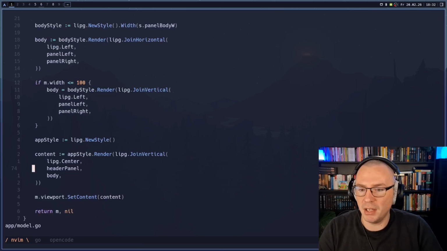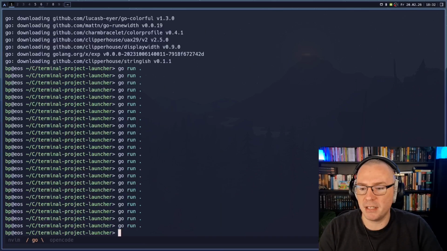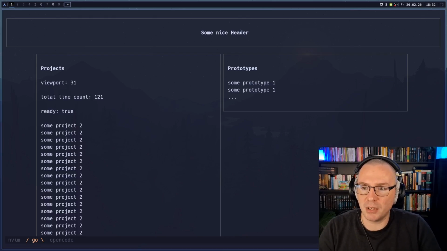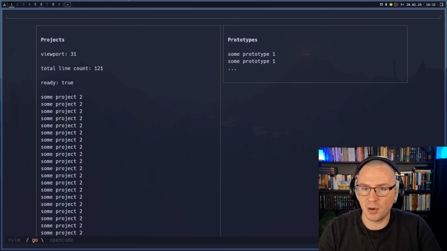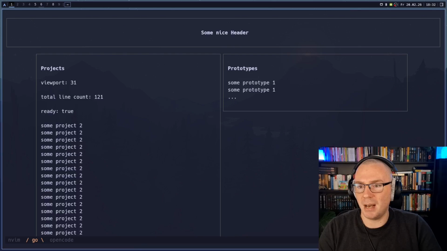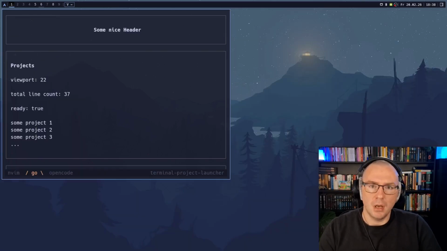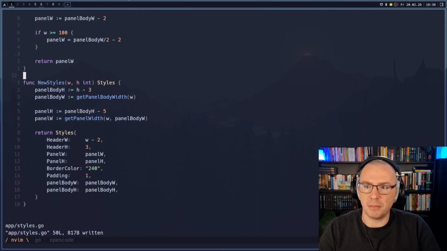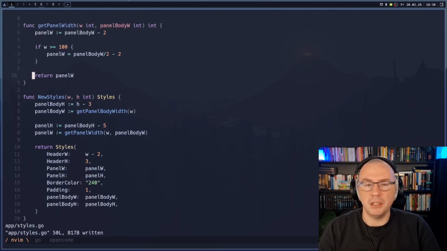I put it all in the update, and now when I run this, we see the viewport height is 31, the total line count is 121, and the ready state is true, so everything is correct. And with arrow down, getting to the bottom, and if I press up, we are getting up. This is nice. So the dear AI ChatGPT sent me on a hunt in the completely wrong direction, because what